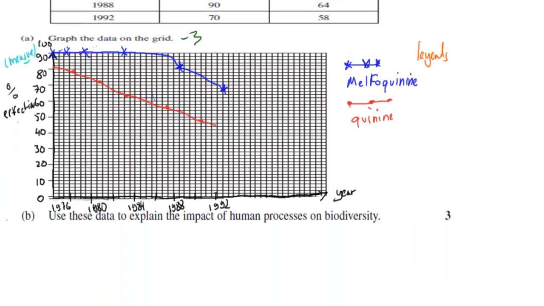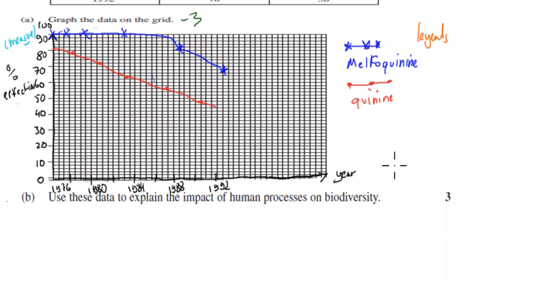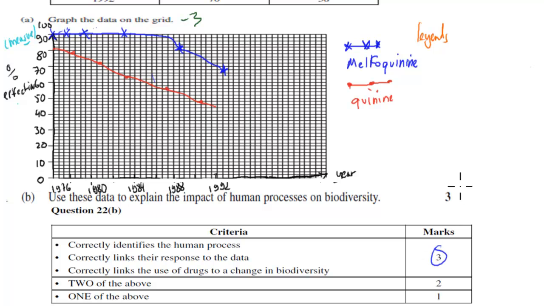And then the B part was use these data to explain the impact of human processes on biodiversity. So to get 3 out of 3 for this question, you should correctly identify the human processes, correctly link the response to data, and correctly link the use of drugs to change in biodiversity. So in this case, what that means is we need to talk about how humans can cause evolution, more or less. So evolution, in this case, of the protozoa in question, the malaria-causing protozoa. And evolution is caused because they become resistant to the drugs, right? And because they become resistant to drugs, that means that some of the new